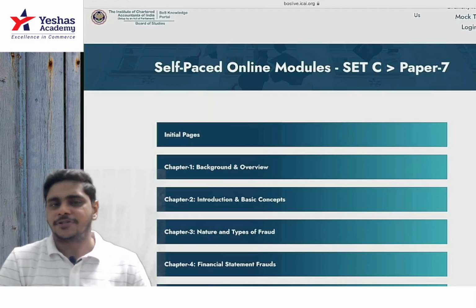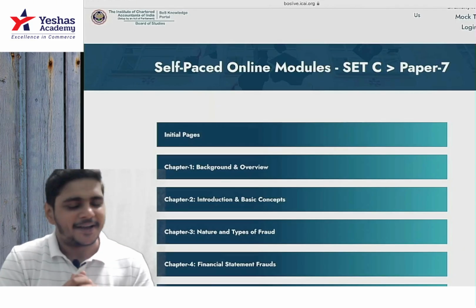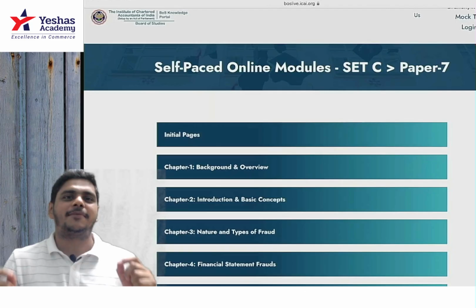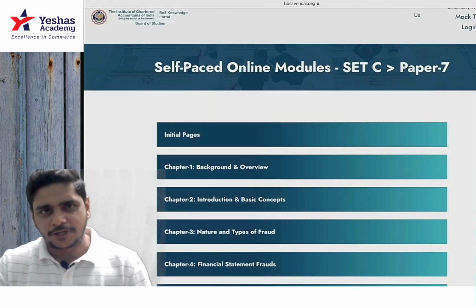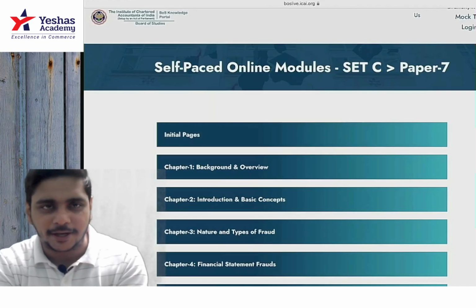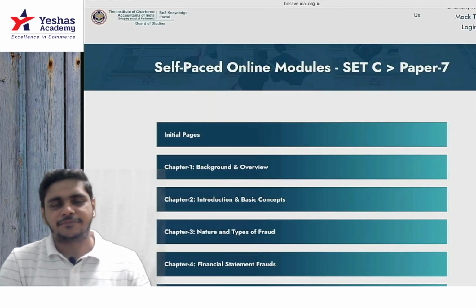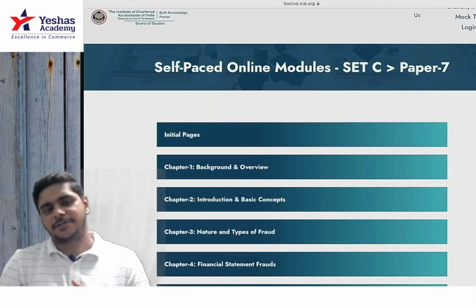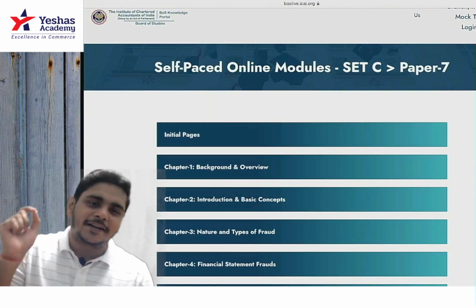Okay, so I am a chartered accountant by profession. I am also a company secretary. I have also done my MBA, and very important, I am a BCom graduate also. I have done my graduation from HR College, Mumbai. People who are from Mumbai would know it. It's one of the top colleges in Mumbai, and yeah, I am currently enrolled for a PhD also. My PhD is going on. And very important, I am a certified forensic accountant.